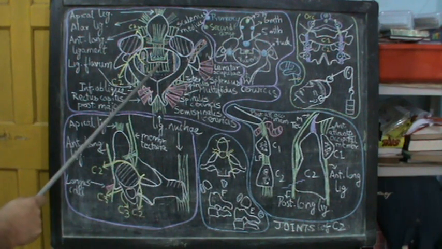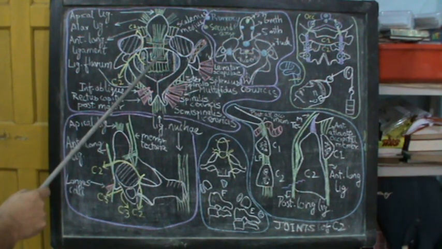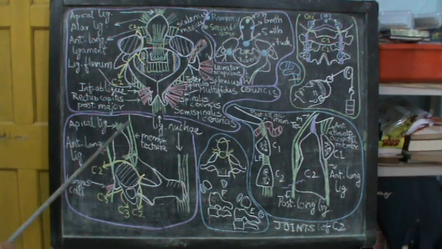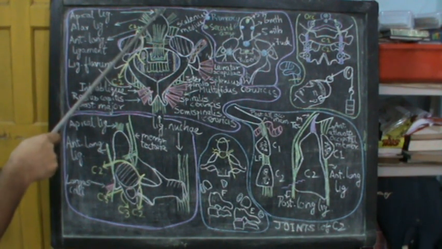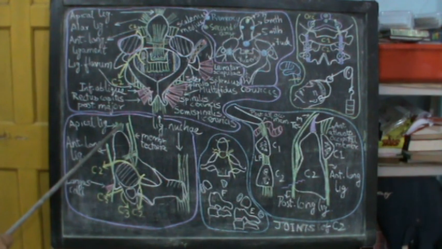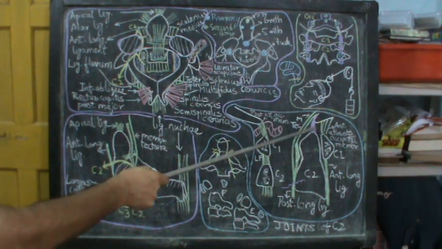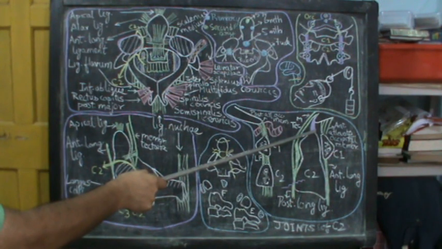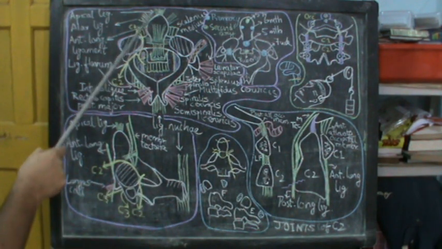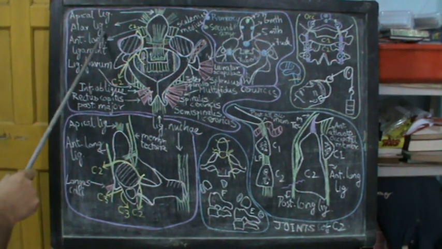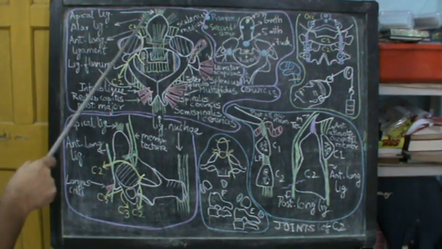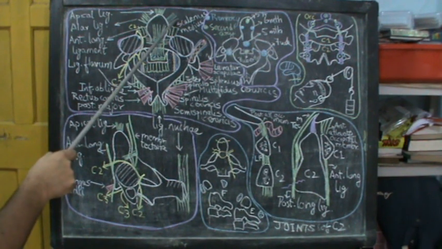Here you have the posterior longitudinal ligament, and this short piece which I could not accommodate anymore, this is the membrana tectoria. Over here you can see the membrana tectoria rising up, and at the odontoid process you can see the apical ligament, this purple one. And you can make out that at the flattened sides over here you have the alar ligament. We have written alar ligament, apical ligament, alar ligament. So these are the alar ligaments.